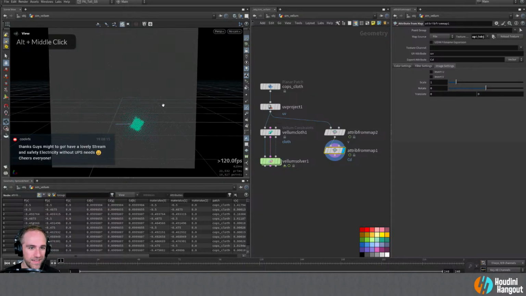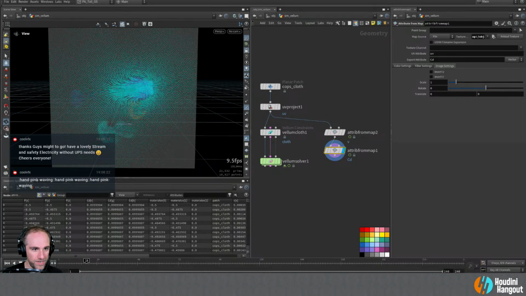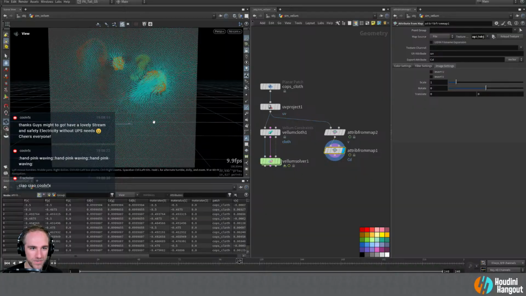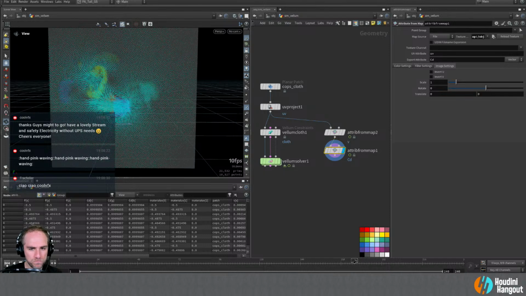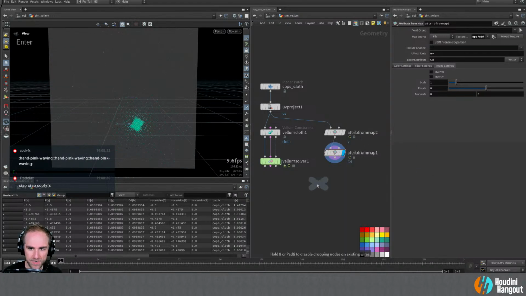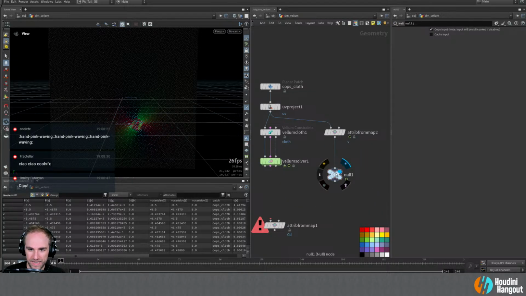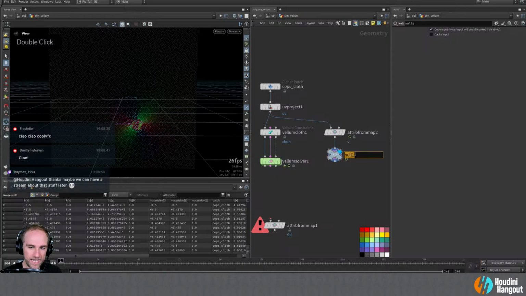Thanks for joining. All right, so now we should have a little bit more controlled velocities. The background is going to reduce to 0 a bit more. So we've got a little bit more locally, these velocities will be quite a bit higher. Okay, so that's good. Let's put a null down here. And I think we actually don't even really need that. We can just call this and say,